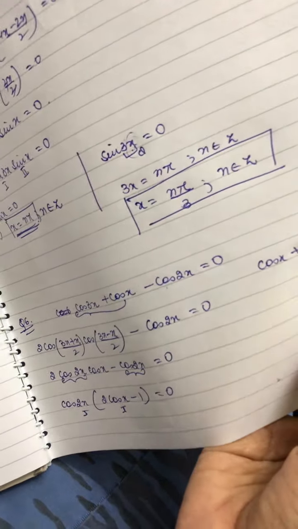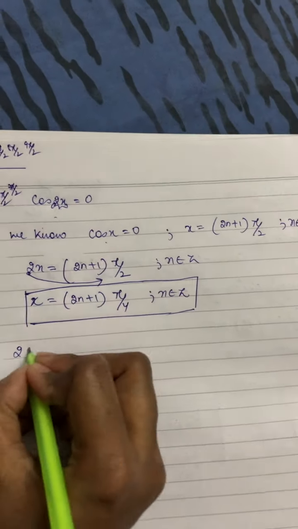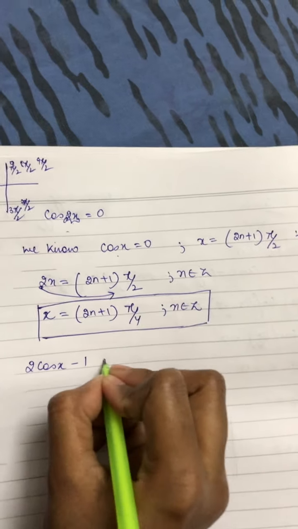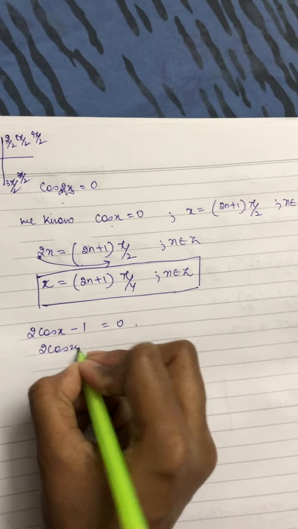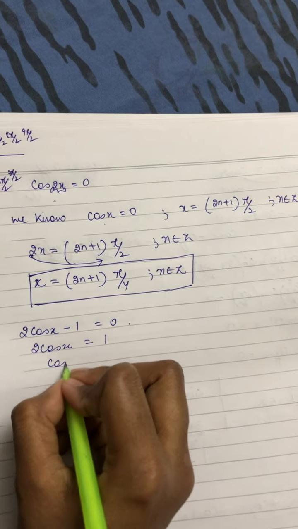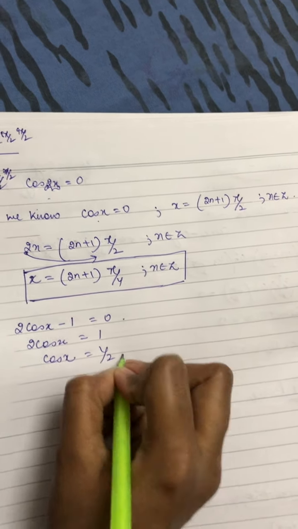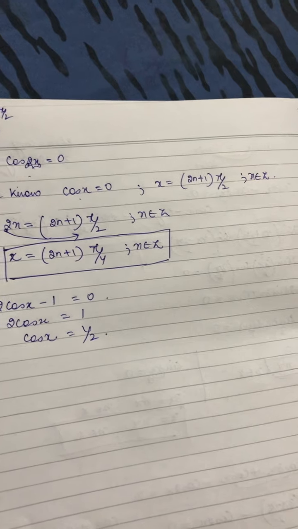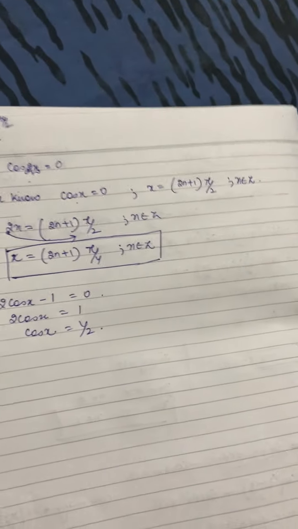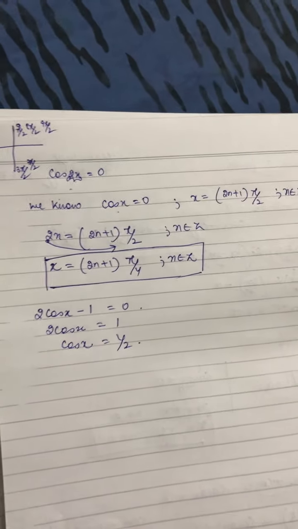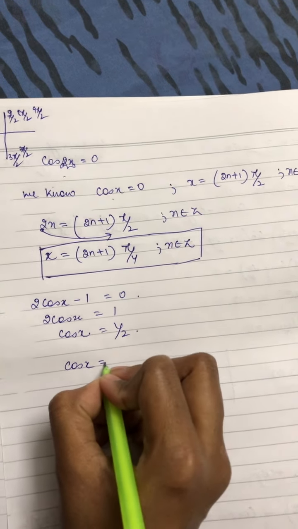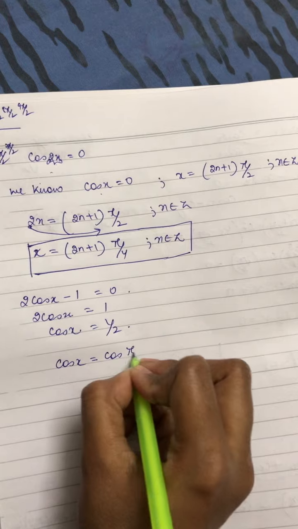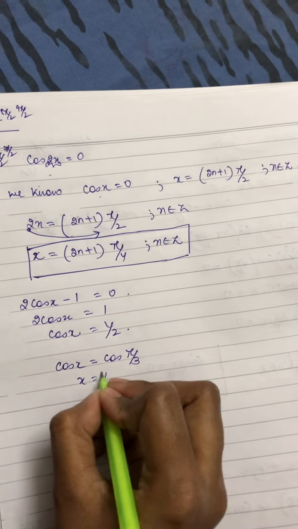ठीक है. The second factor is 2 cos x minus 1 is equal to 0. So 2 cos x is equal to 1, cos x is equal to 1 by 2. cos के टेबल में 1 by 2 कब आता है? बहुत बार आ सकते हैं, n नंबर ऑफ रेवोल्यूशंस हो सकते हैं, पर पहले हम प्रिंसिपल सोल्यूशन मानेंगे. So cos x is equal to 60 डिग्री पे, cos of pi by 3.